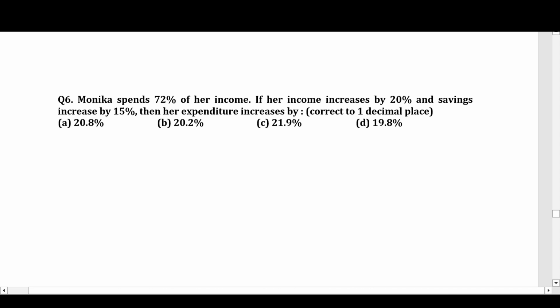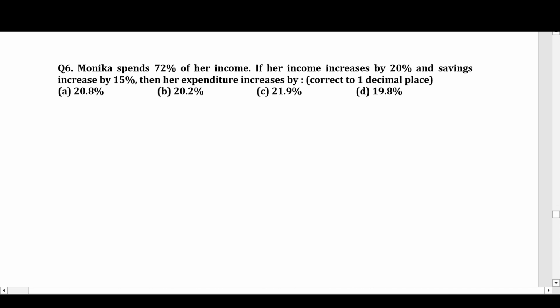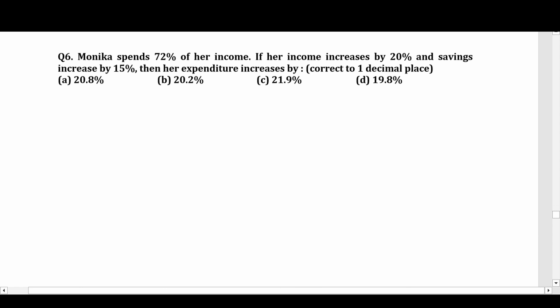So, the second question, number 6. Monica spends 72% of her income. If her income increases by 20% and savings increases by 15%, then her expenditure increases by